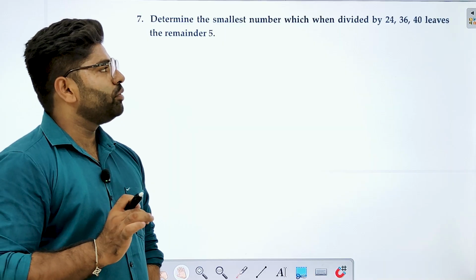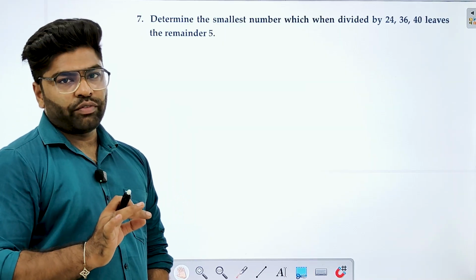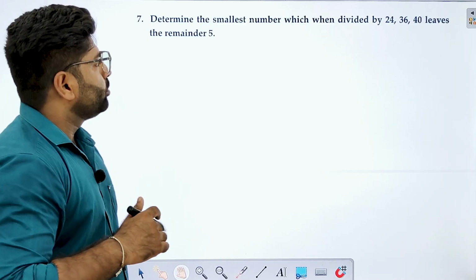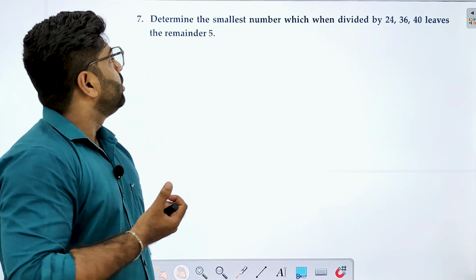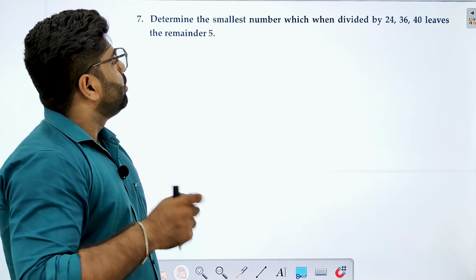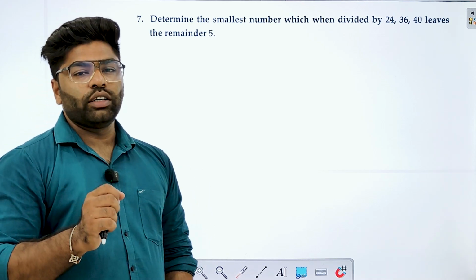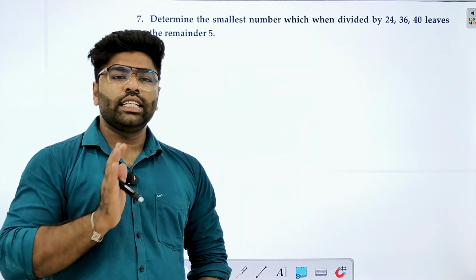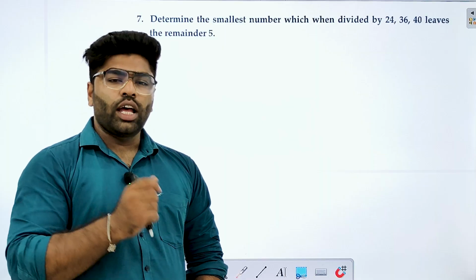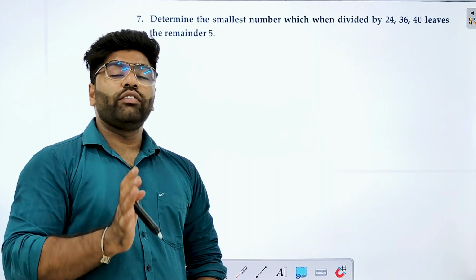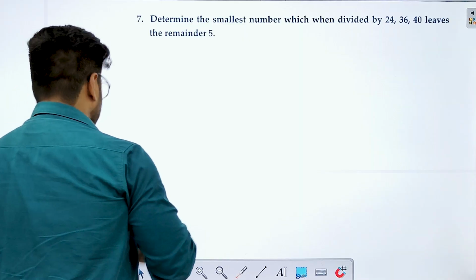Determine the smallest number which when divided by 24, 36 and 40 leaves remainder 5. Okay. So here we have to find out the smallest number which is divided by these three numbers and leaves a remainder 5 in each case. The first thing we have to find out is the LCM of these three numbers and then we have to add 5 to find out the required number. Clear? So first I'm going to find out the LCM